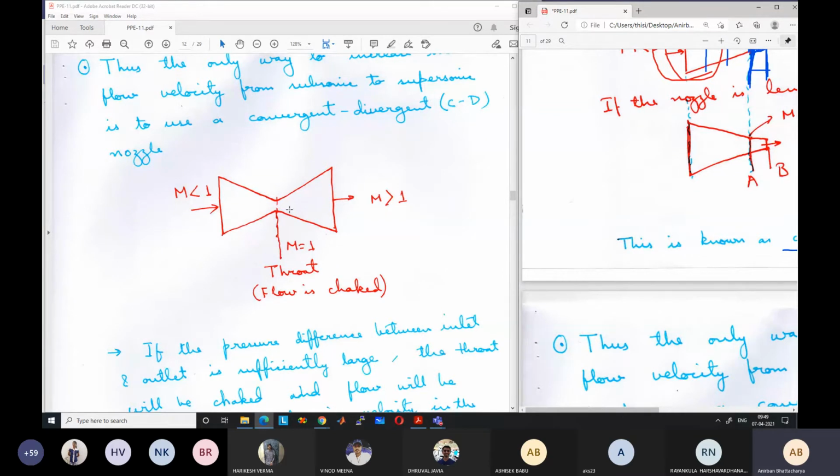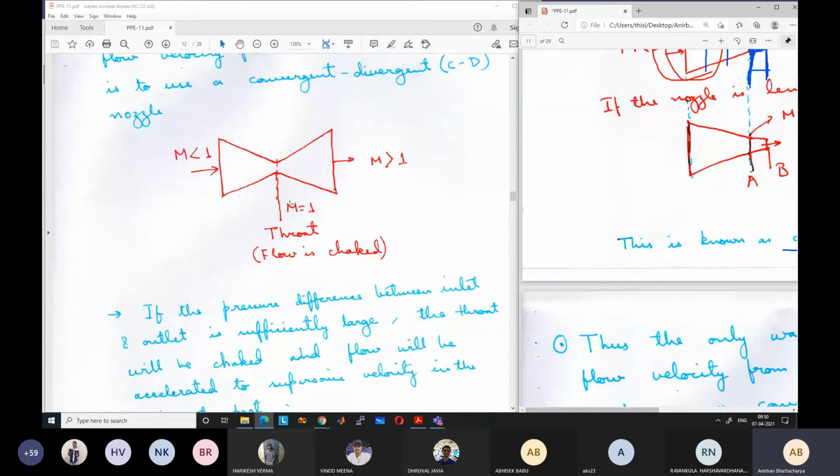So all of these nozzles will operate at choked condition, and that actually helps in calculations, because ultimately you know that the minimum cross-sectional area, the throat area, is known. And you know that the velocity here has to be equal to the speed of sound. So you can calculate the mass flow rate easily in any of these converging-diverging devices.